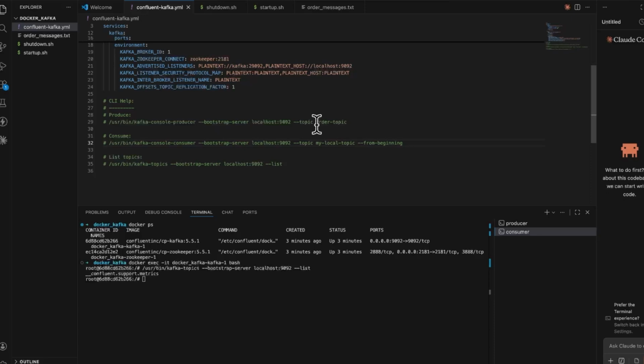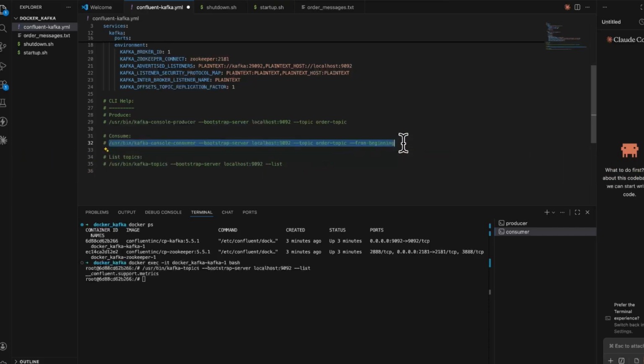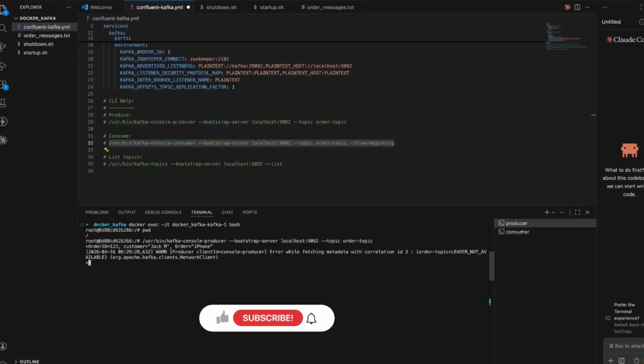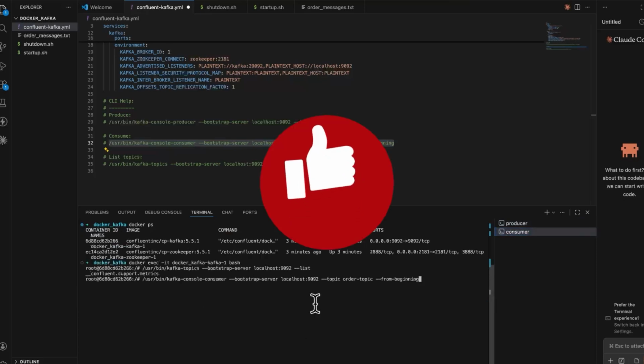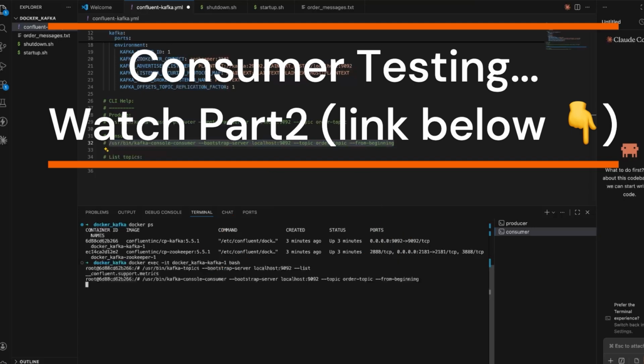And the same topic, we have to listen to the same topic, only then we can pull that topic. Okay, all right, so we are going to pull that in a minute. Okay, now I'll produce this. Looks like it has produced. Order topic,